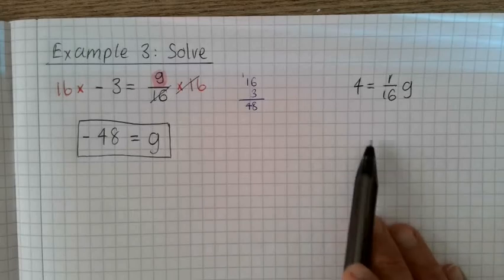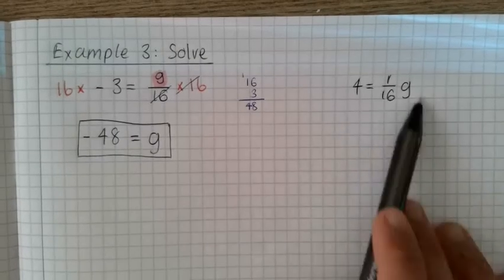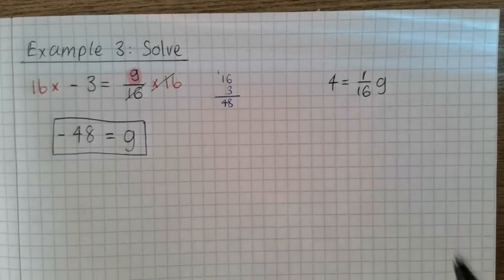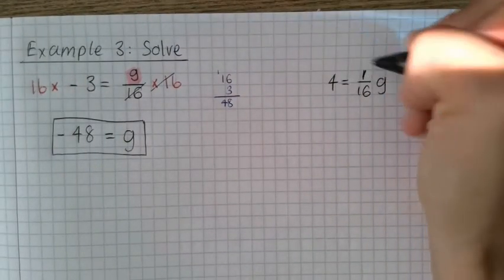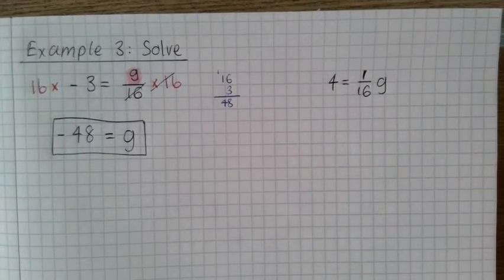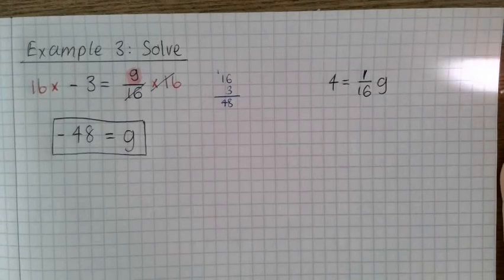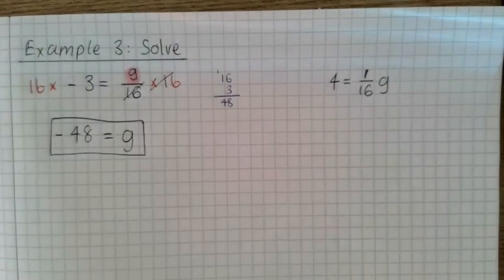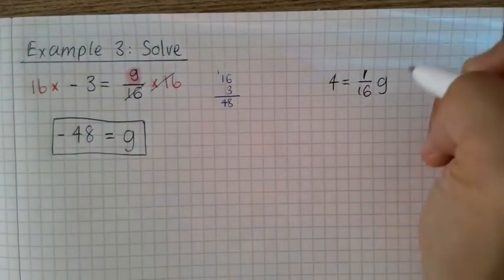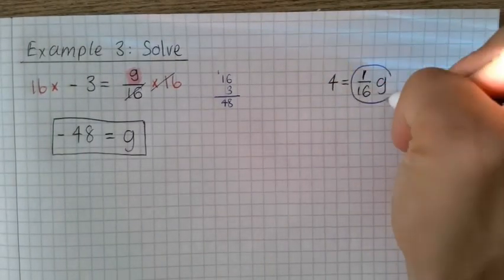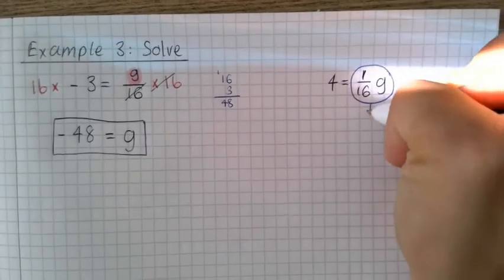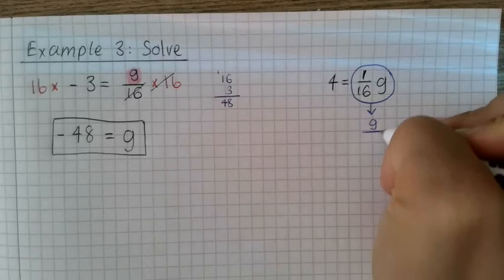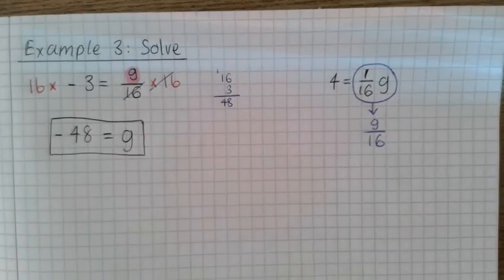And the next one is a type of equation that confuses lots of people when they see a fraction, so here we've got 1/16 next to the letter. Now I'm going to teach you a really neat trick. I'm going to do this in a completely different colour. 1/16 G, so this thing here, is exactly the same as G over 16. So whenever you see,